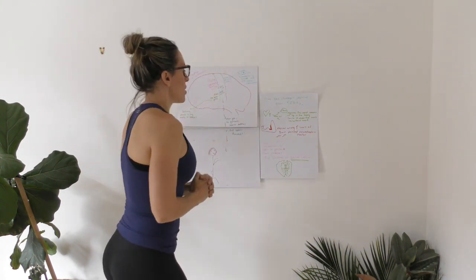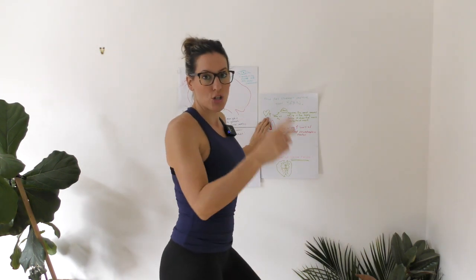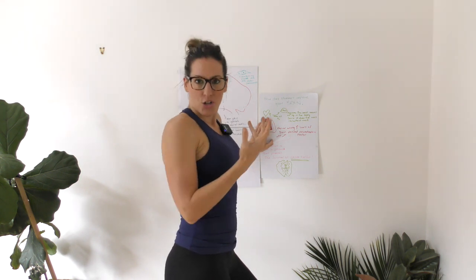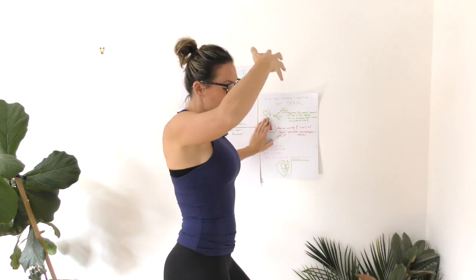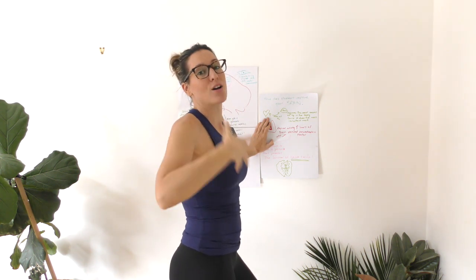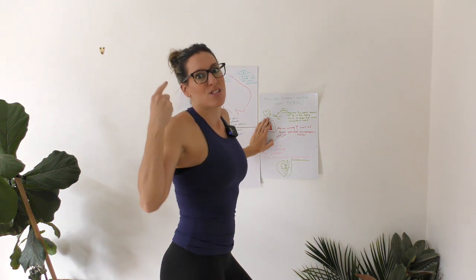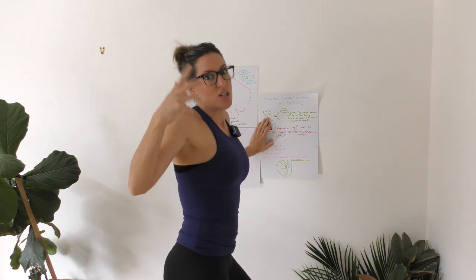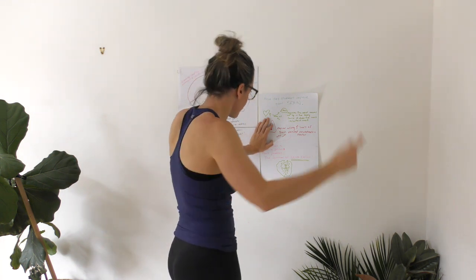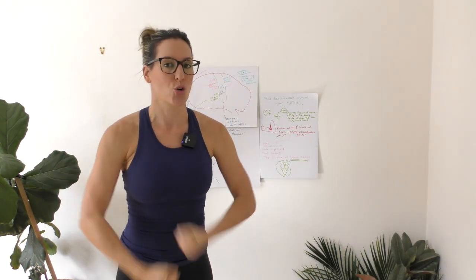So how does movement improve your brain? Well, as soon as we move, our heart rate increases. That's going to push oxygen up into the brain. Your brain is one of the biggest areas in your body and requires the most amount of oxygen in your entire body. That is because it does the most amount of stuff and work in your entire body. So number one, it needs lots of oxygen. Physical activity also increases